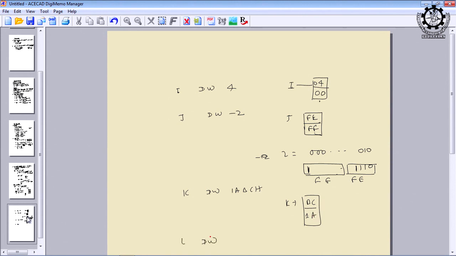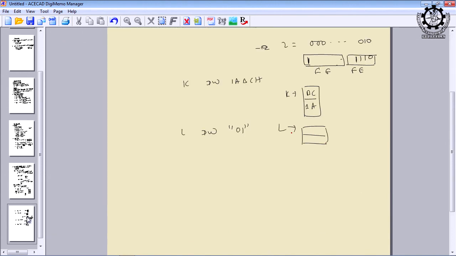Similarly, if I write L dw '01', L is the starting address and the content is 3130. What is 3130? Because for 0 the ASCII code is 30, and for 1 the ASCII code is 31. So 3130 will be the value in the memory location starting from L.